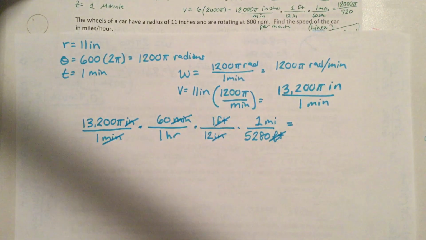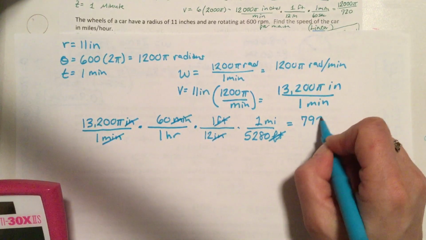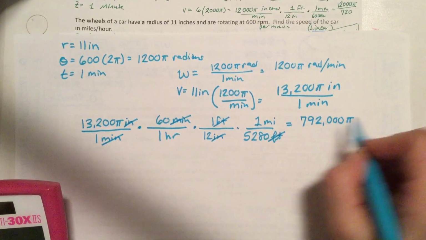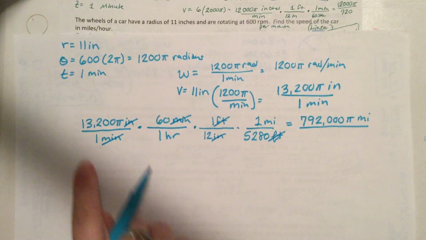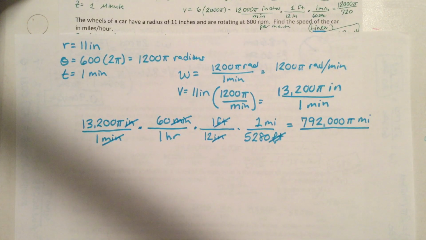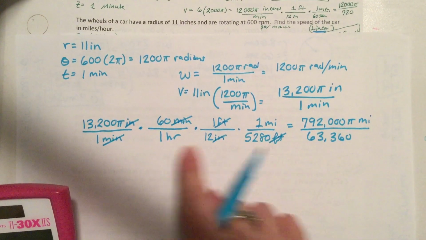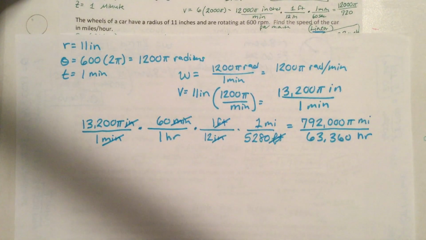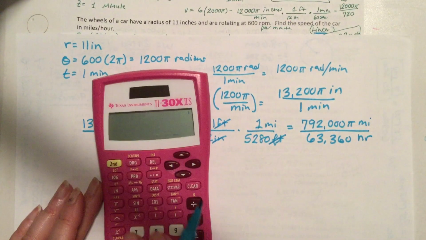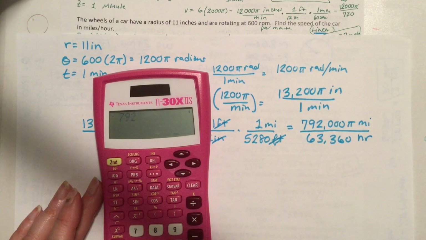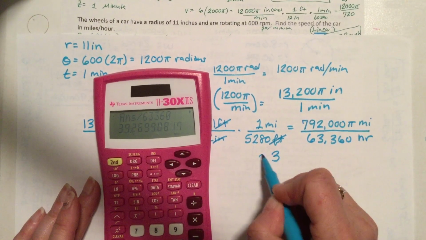Top times top times top times top. Again, do not calculate in the pi. So 13,200 times 60 times 1 times 1 is 792,000 pi. The label on the top is miles. Over 1 times 12 times 5,280 is 63,360. The label on the bottom is hours. Now go ahead and calculate. 792,000 pi. There's the top. Divided by 63,360. That car is going approximately